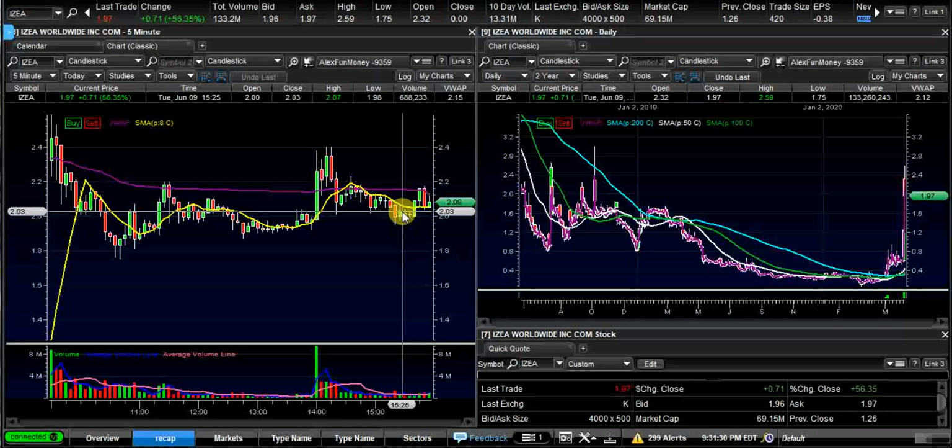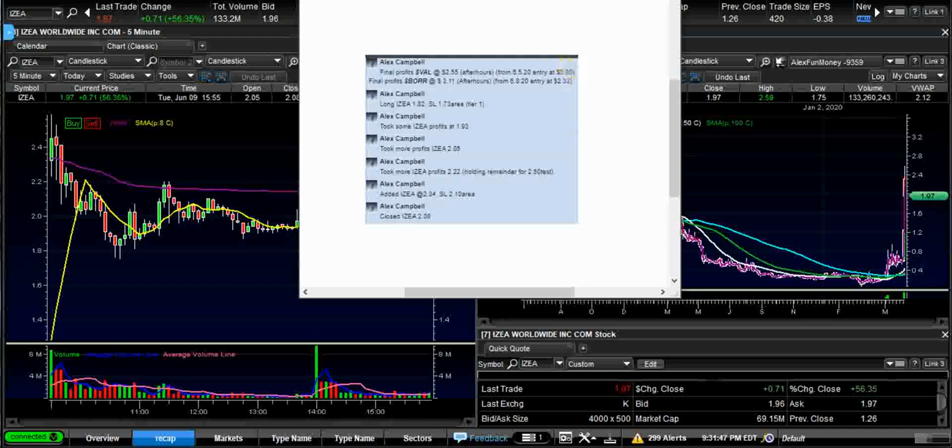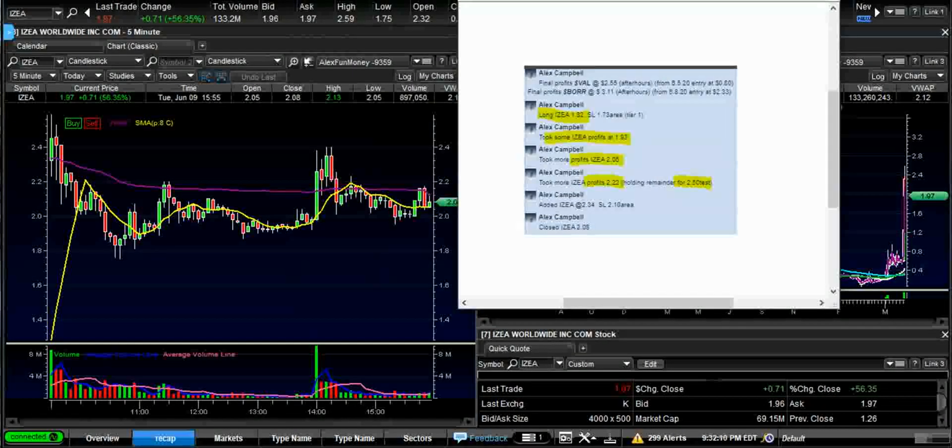I mean, overall, it's a nice trade. Ended up taking some nice profits on it, but that was just the start of the day. So you can see, as I mentioned, we got in at $1.82, took some profits off on the way up, took some more off at 2.05, took some more off at 2.22. Then I was looking for the high of day break around that 2.50 area. Never got it. Ended up adding